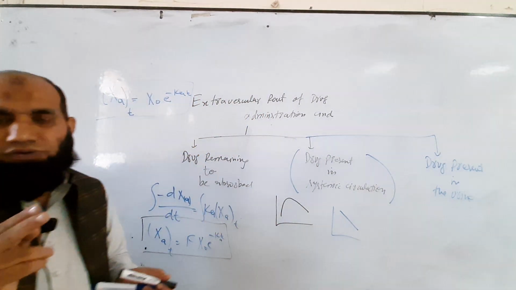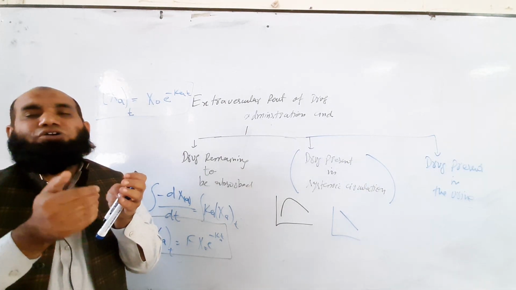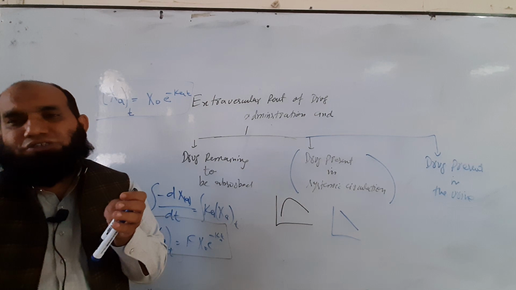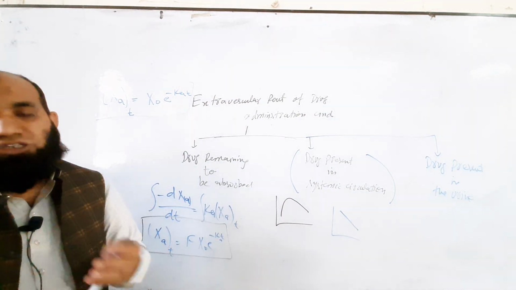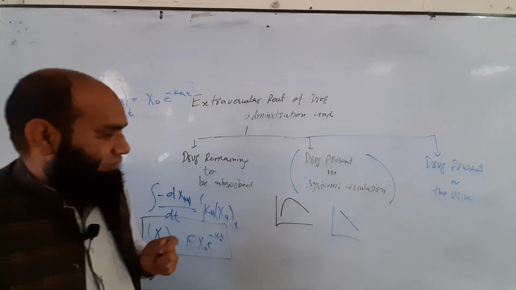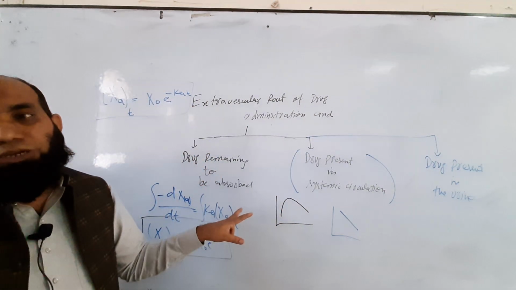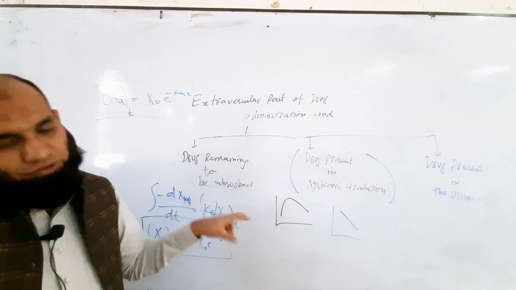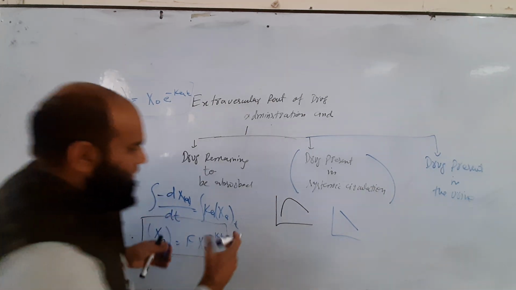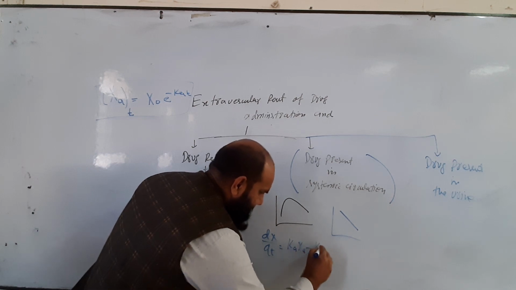There are two segments. One is some amount is passing from the GI tract toward the systemic circulation, and some drug is passing from the systemic circulation towards clearance, metabolism, or some type of excretion, or some change in the nature of the drug. We will assume that there is absorption, and another is the excretion or elimination, and we will make both of them the concept of our oral route, the extravascular route. Now here we have two parameters. The same equation, dX over dt is equal to KaXa minus KX.